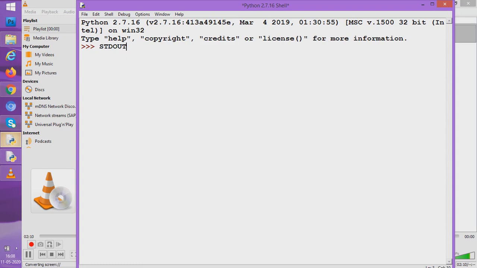Python considers the screen as the standard output file, because whatever output it has to show, it shows on the screen. So Python considers the screen, that is the monitor, as a file, and it considers the keyboard also as a file.